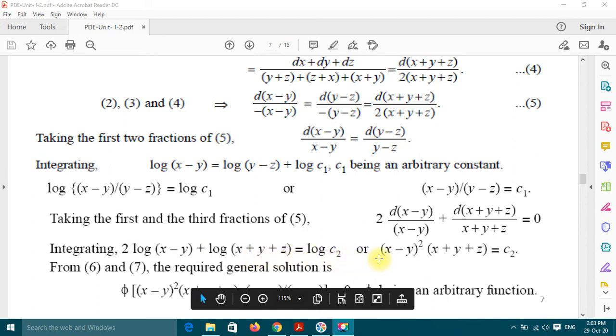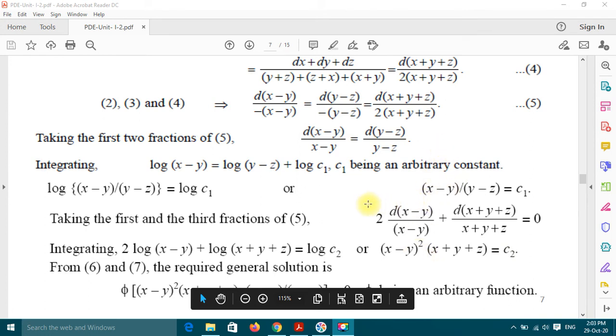So log of (x minus y) whole square times (x plus y plus z) is equal to log c2. So (x minus y) whole square into (x plus y plus z) is equal to c2. So from